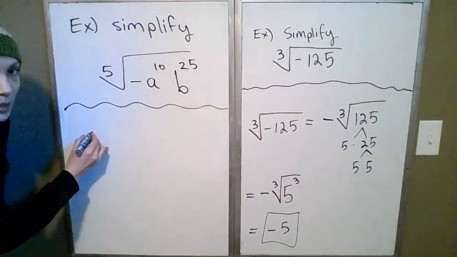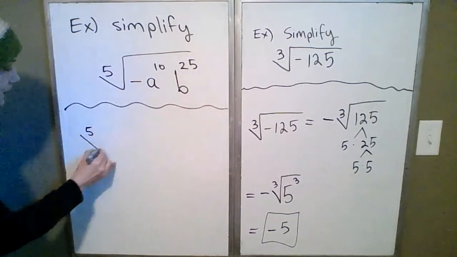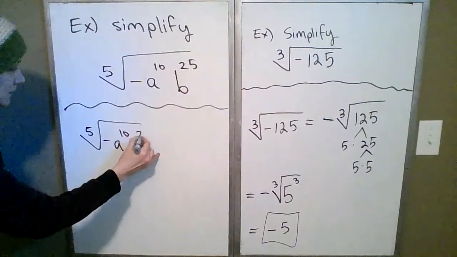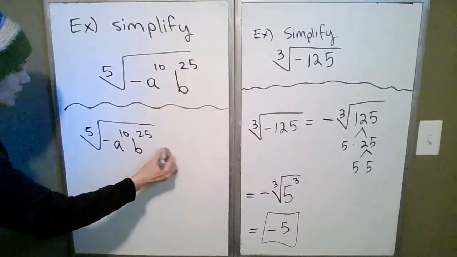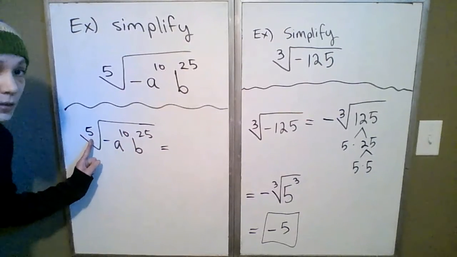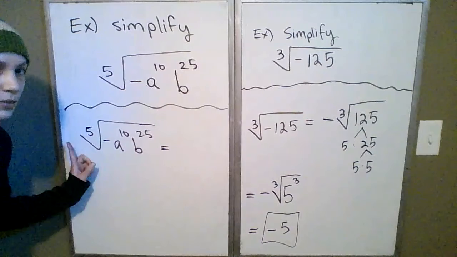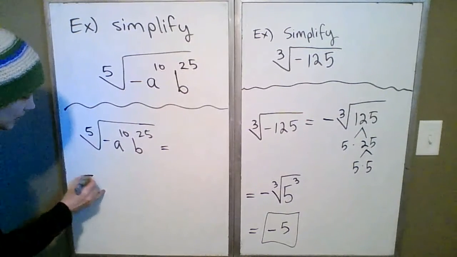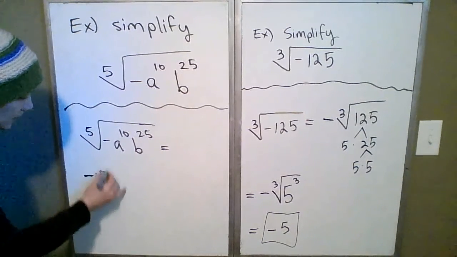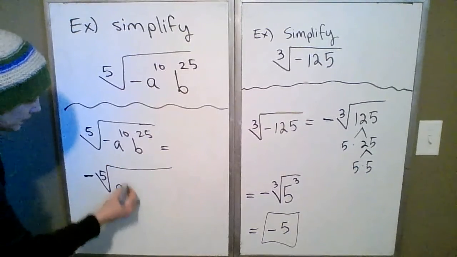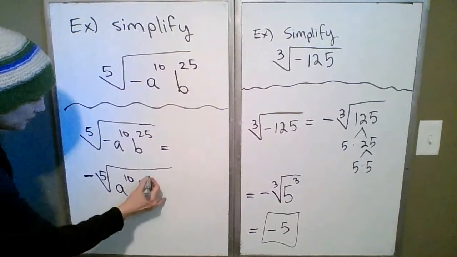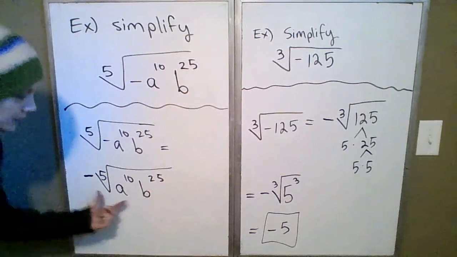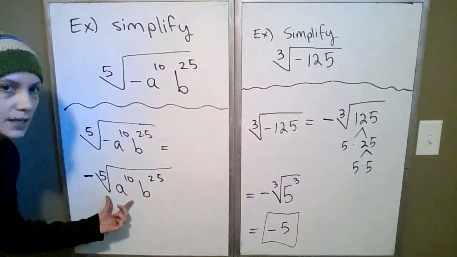So just rewrite the problem. Since there's an odd root, I can bring the negative out front, out from under the root. Okay, and then